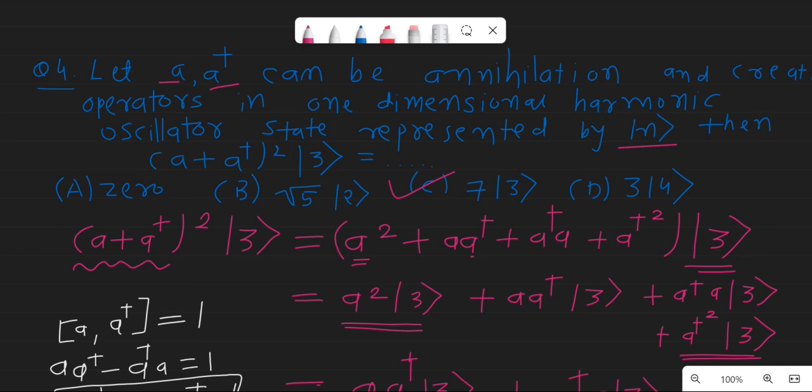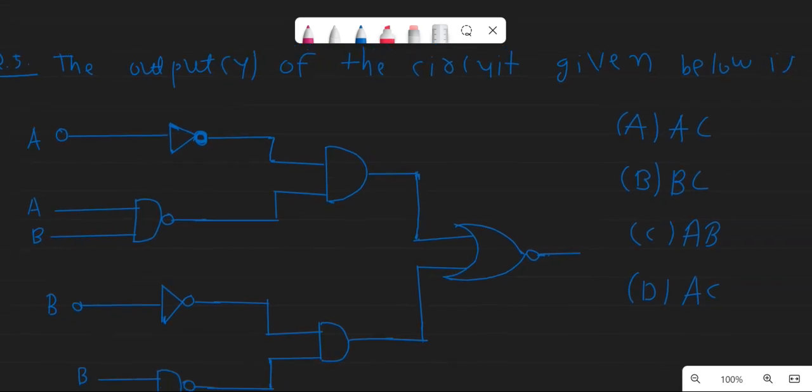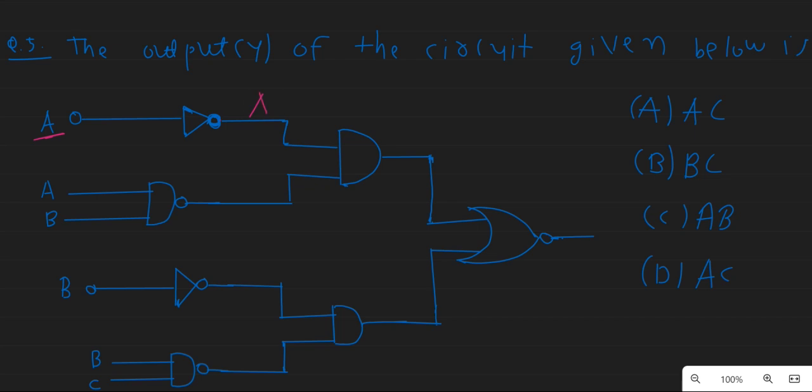Now the last question of this video, which is from electronics. Here you are given a logic gate circuit. So here input A is given, and you can see first of all a NOT gate. So the output at this NOT gate will be A bar. Now this is your NAND gate,